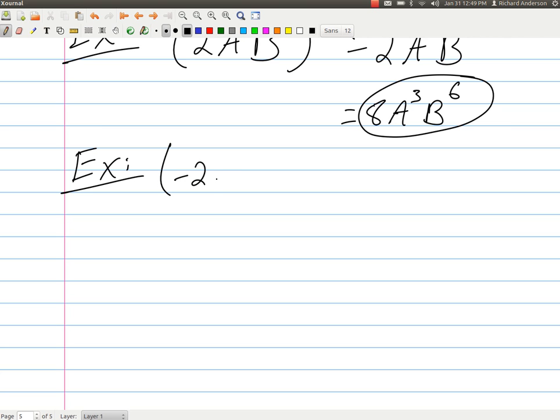This one is going to be negative 2x to the third, but then on the outside we're going to raise the whole thing to the 5th power, like that. Okay? I don't want us to get too used to depending on our calculators, but in short, in a situation like this, very similar to the problem before, we have a